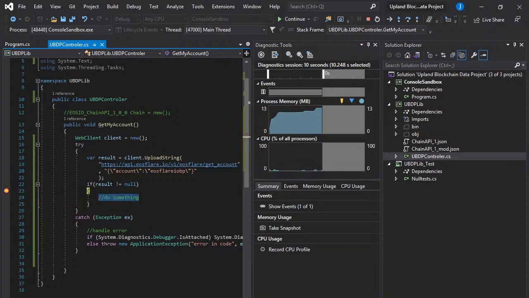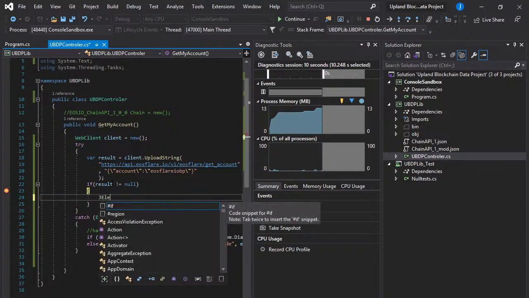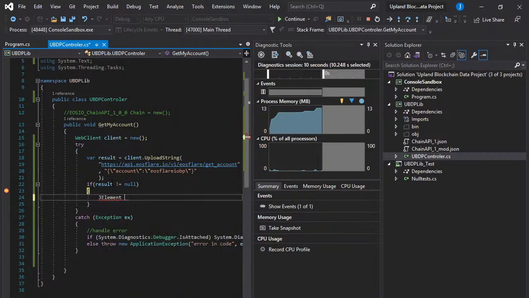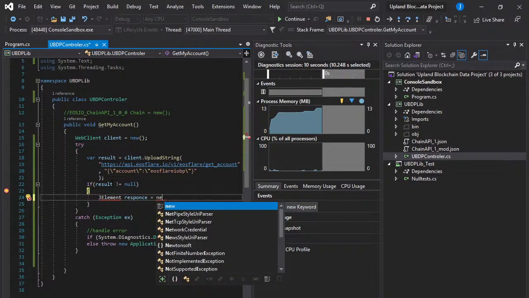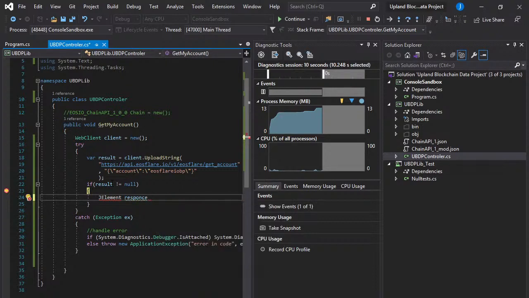And I think I can just do element response equals... no. We're gonna do, and I'm gonna have to